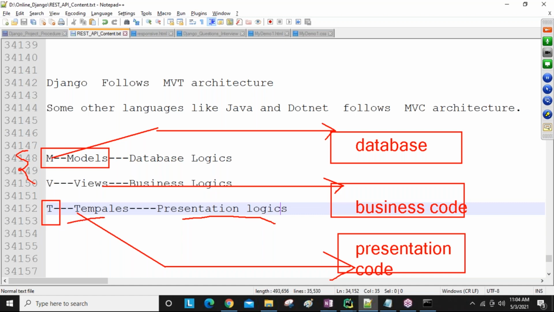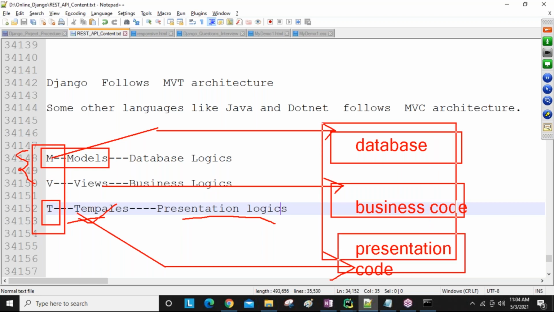All our HTML files we maintain in this templates folder. If you develop these three, the models file, the views file and the templates folder, then you are developing the database code, business code and presentation code. So total front end with back end development we can do.